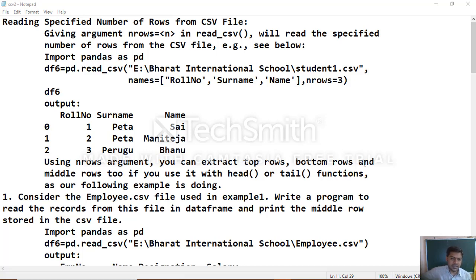Earlier we saw some of the functionalities related to CSV files.